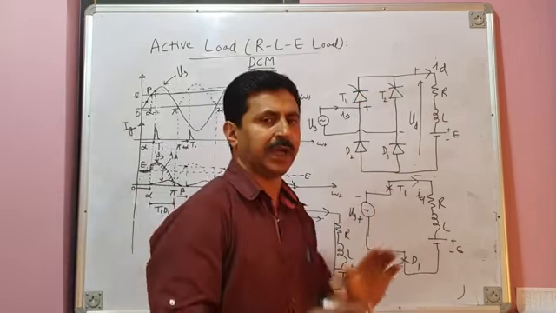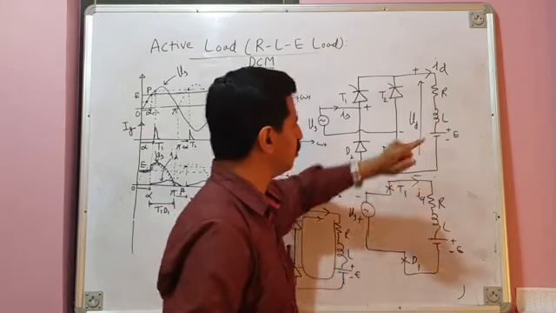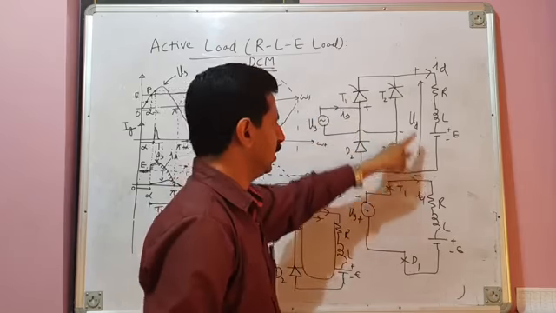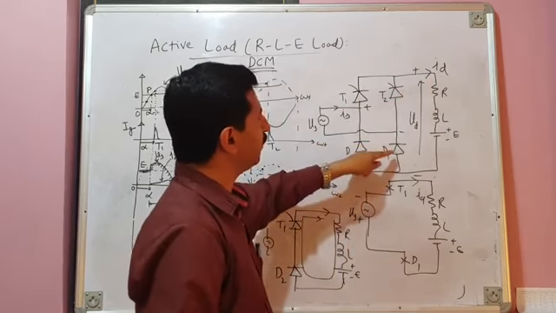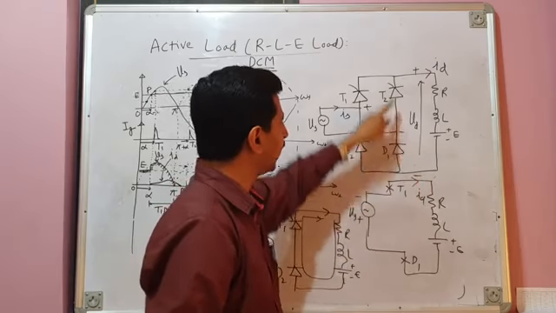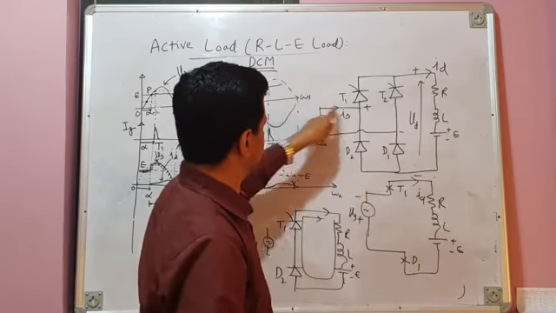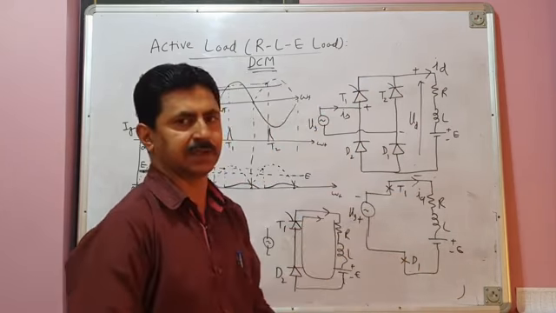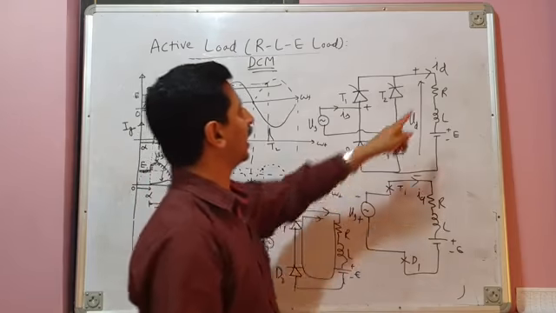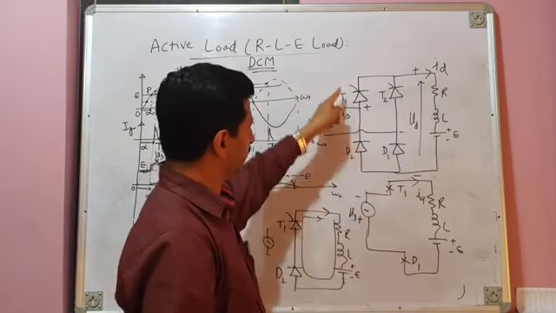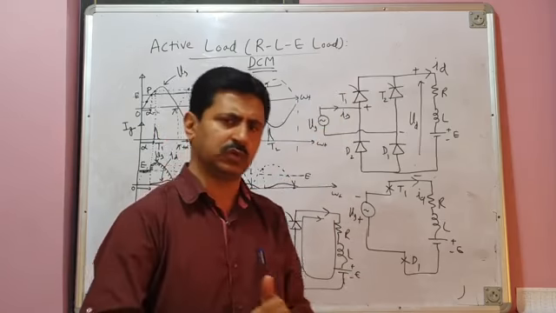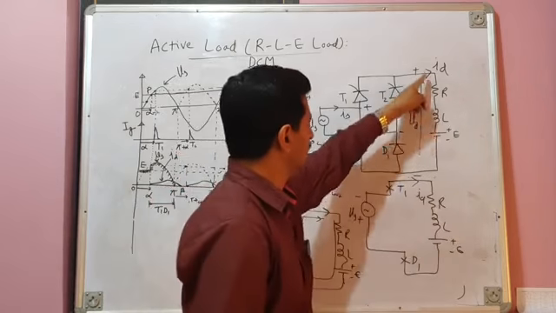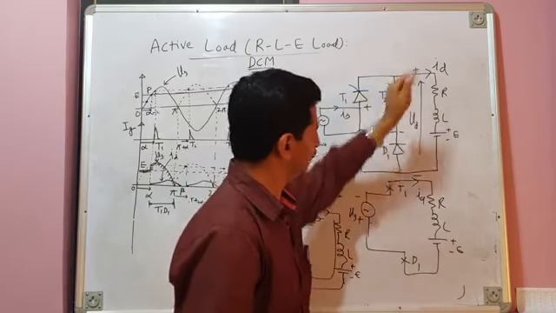Load current is still flowing, and this current has two paths. One is, since previously T1, D1 was conducting, current will continue through T1, D1 and take the same path. In that case, this is the equivalent circuit. Another possibility is that since T1 is already on, D2 will also turn on automatically because it is a diode and doesn't need a firing pulse. So current can take this path also.